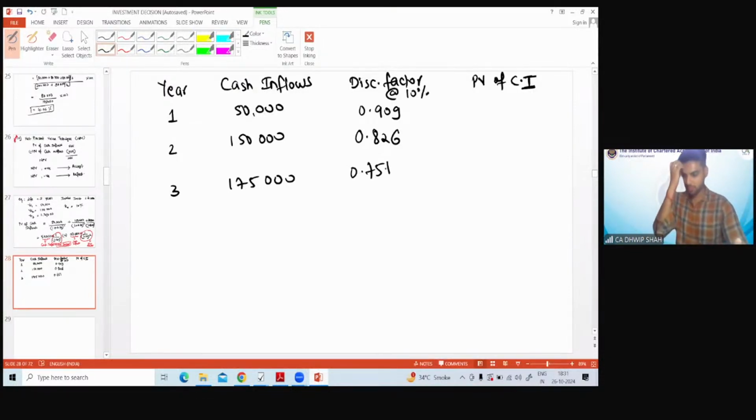0.751. So can I say my PVCI for year 1 would be 50,000 into 0.909, 45,450. Yes or no? It is just multiplication of cash flows with the discounting factor. For year 2, PVCI is 150 into 0.826, which comes to